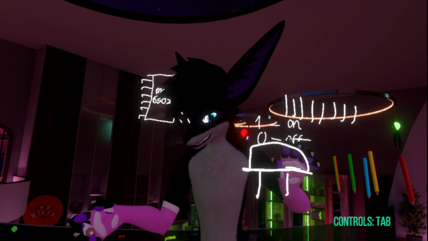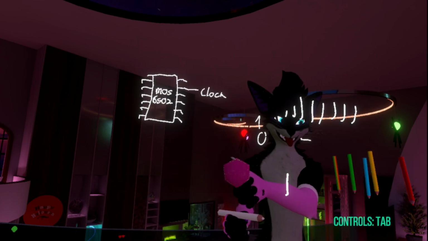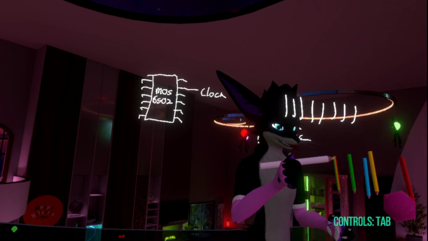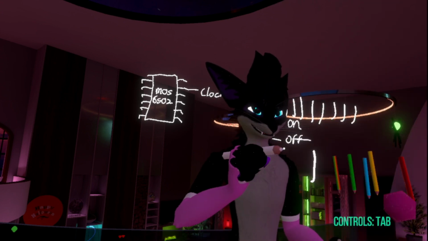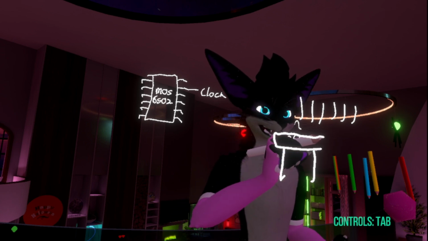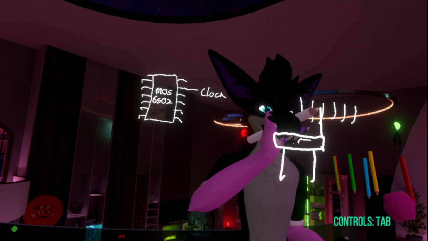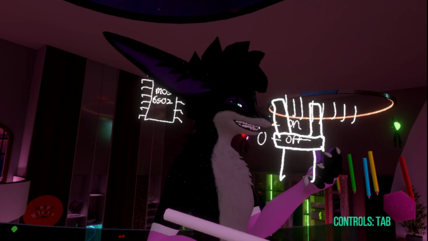And inside this little thing, if you were to open it up, you would find a literal crystal, in the shape of maybe a tuning fork, something like this.